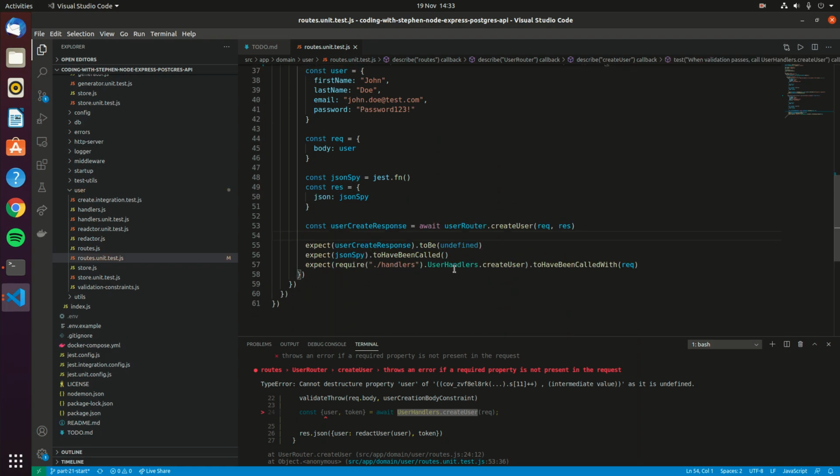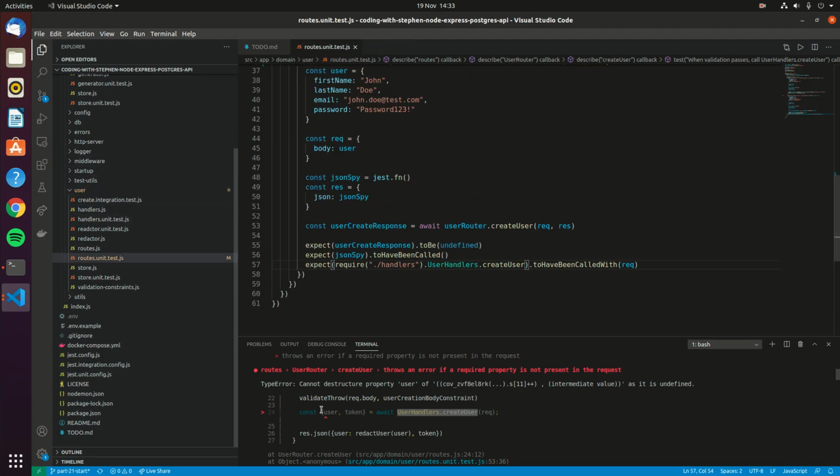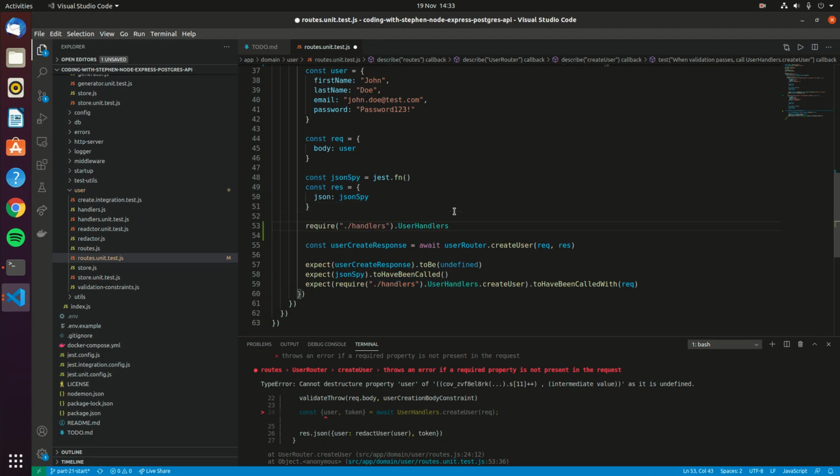What's actually happening is we've changed the createUser response shape to be a user and a token. So when it's trying to destructure that here, because this function is mocked out, a mock by default will return an undefined value. It's trying to destructure an undefined, which is what's giving us our type error. So what we need to do is mock out that function response before we call this create user router. So we'll do userHandlers.createUser